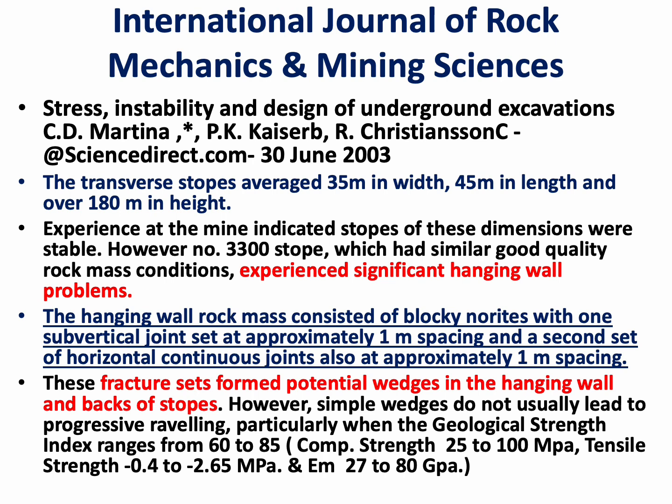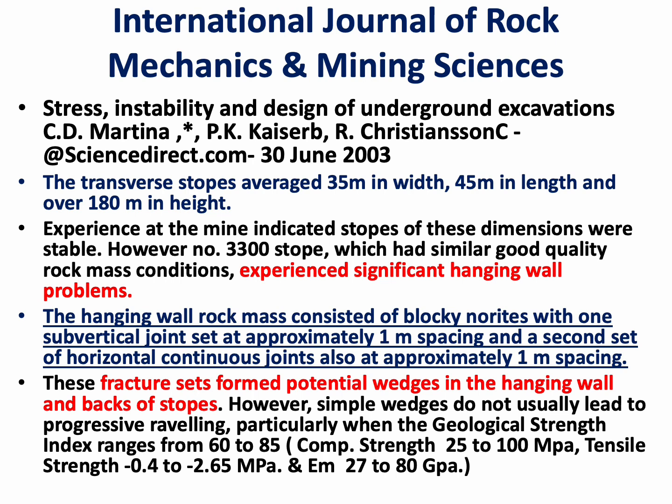The hanging wall rock mass consisted of blocky norites with one subvertical joint set at approximately 1 meter spacing and a second set of horizontal continuous joints also at approximately 1 meter spacing. These fracture sets formed potential wedges in the hanging wall and back of stopes. However, simple wedges do not usually lead to